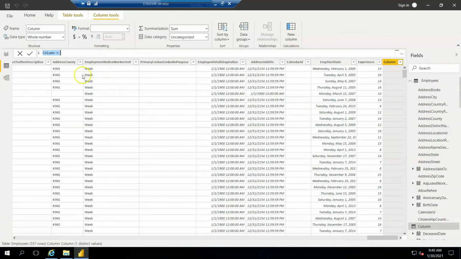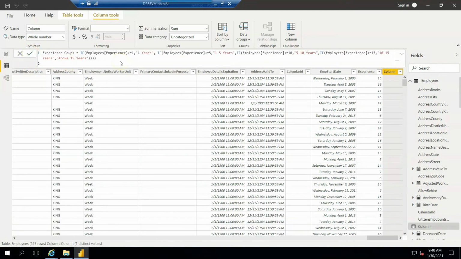So if I go back and enter this expression, it shows that if employee experience is less than or equal to 1, then it mentions 1 year experience group. If it is less than or equal to 5, then 1 to 5 years, and if less than or equal to 10, then 5 to 10 years. If experience is less than or equal to 15, 10 to 15 years, and above. So when I click on OK,